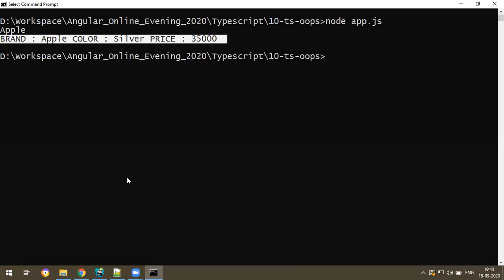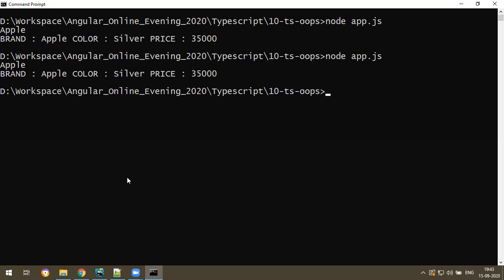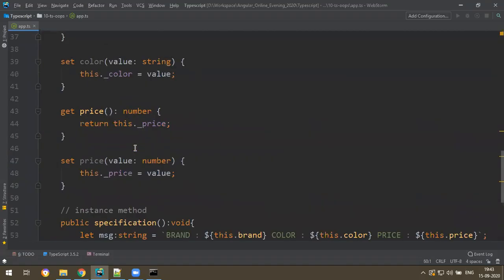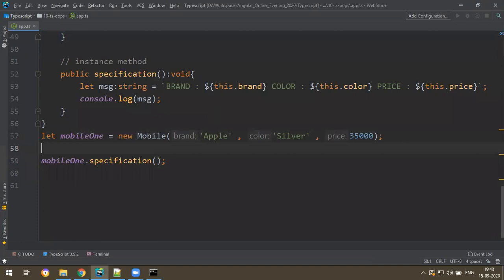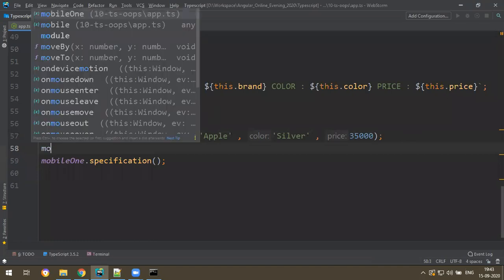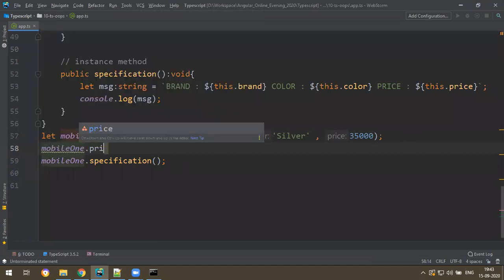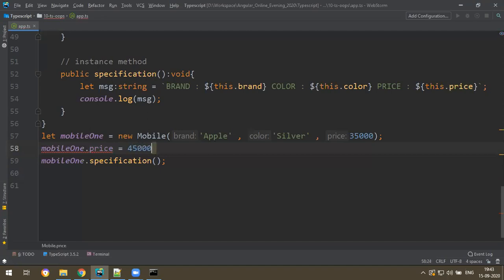Okay, so sir, how can you change the values then? I want to change the price to 45,000. You can change it using the setter methods. So to change the price, you can do it like this. You can just say mobile one dot price is equal to 45,000. You feel like it is just assigning a value, but no, it is calling a function called setter.